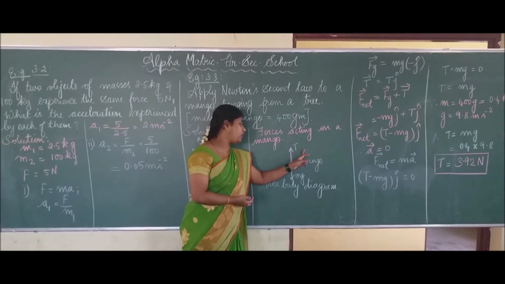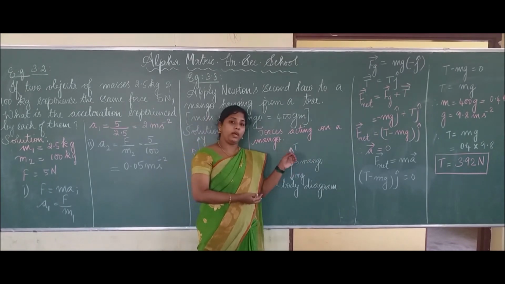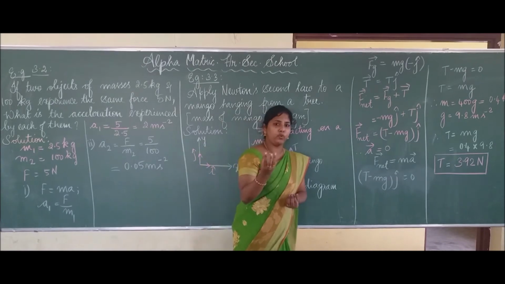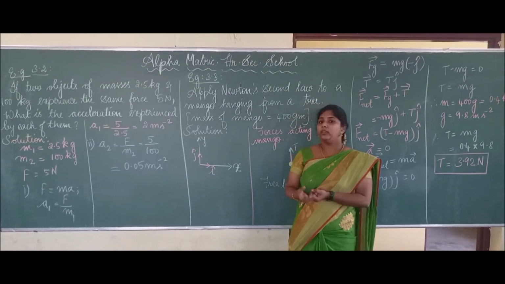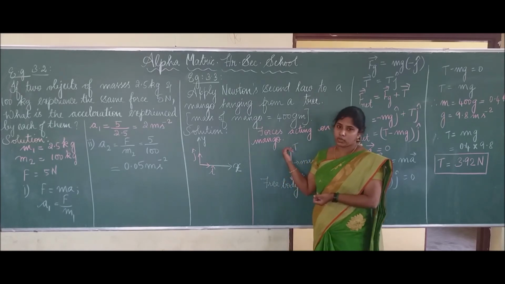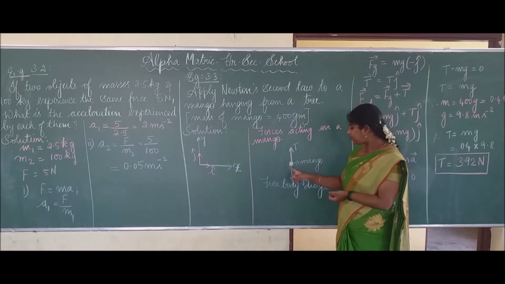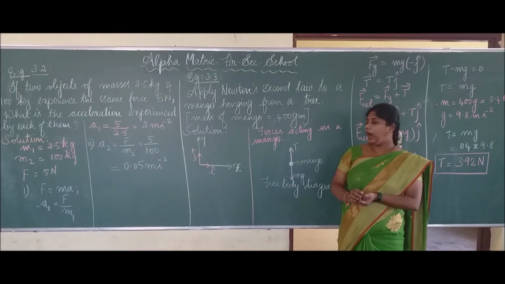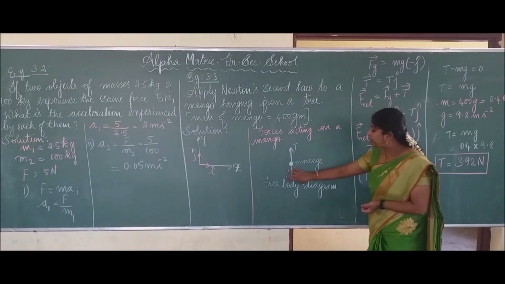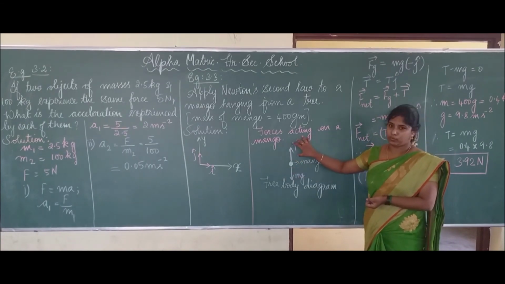The normal force we can consider as the tension force. Why are we considering tension here? Because any force acting on a string, wire or cord like that, we should mention as tension force, that is T here. That is the normal force only. So the gravitational force acts downwards and the tension force acts upwards. Now we have to find the gravitational force formula and the tension force formula.